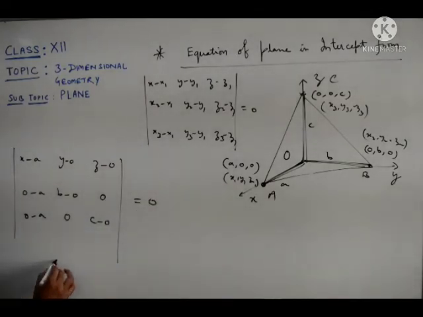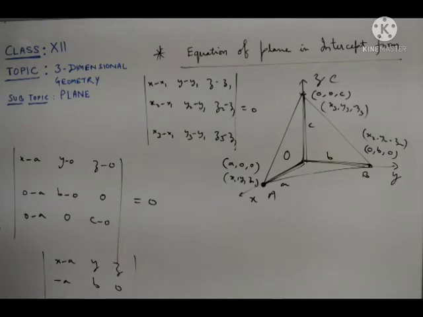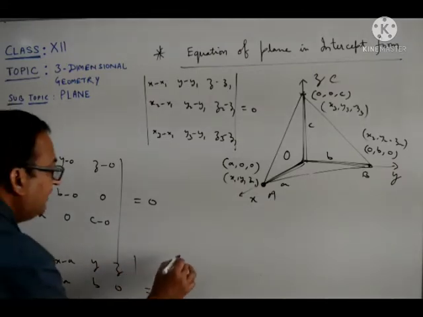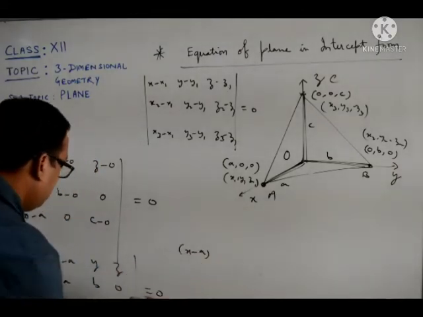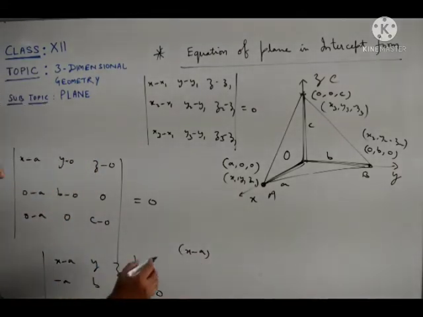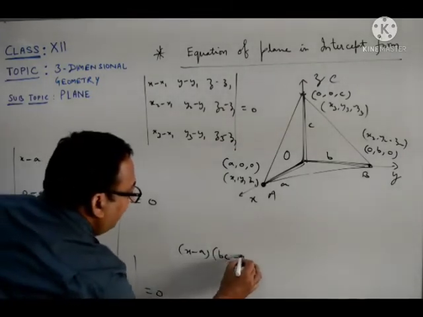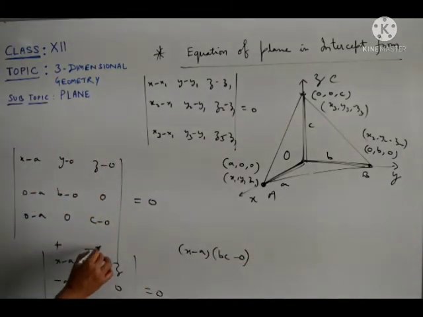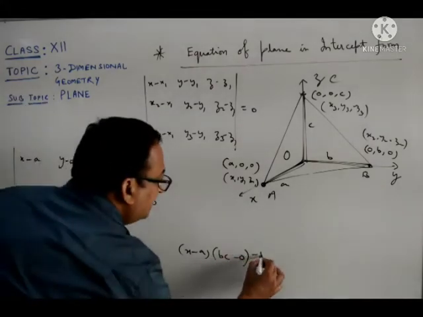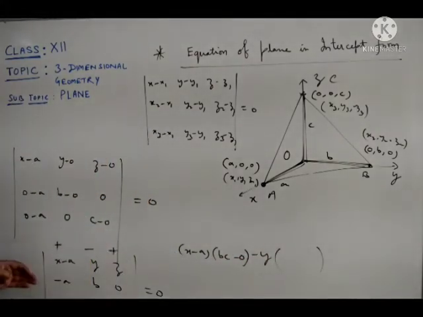So this is the determinant with rows x minus a, y, z; minus a, b, 0; minus a, 0, c, equal to 0. Expanding this determinant along row 1, we have (x minus a) times (bc minus 0), minus y times, you delete this row and column, (minus ac minus 0),